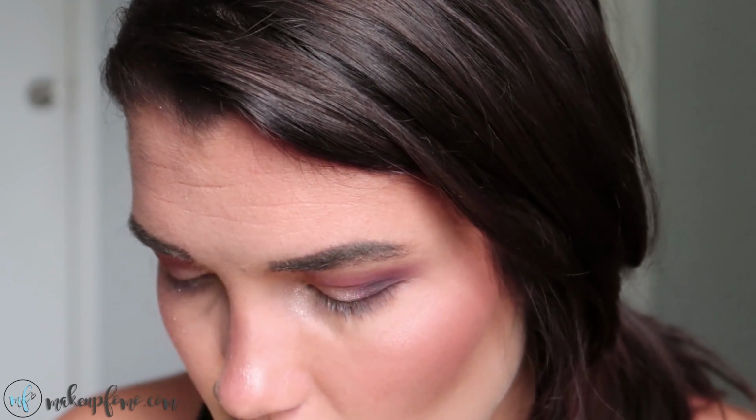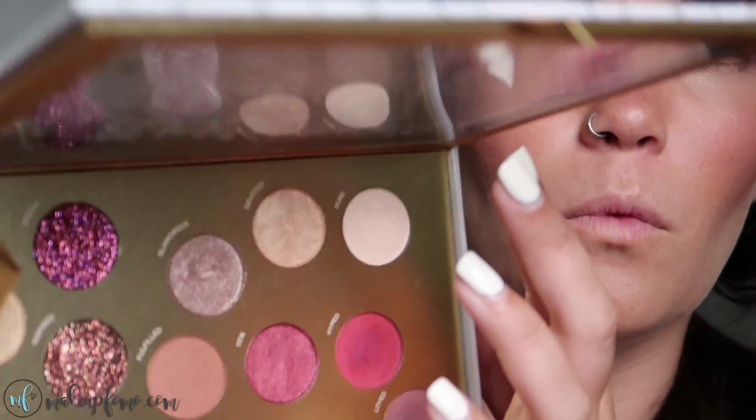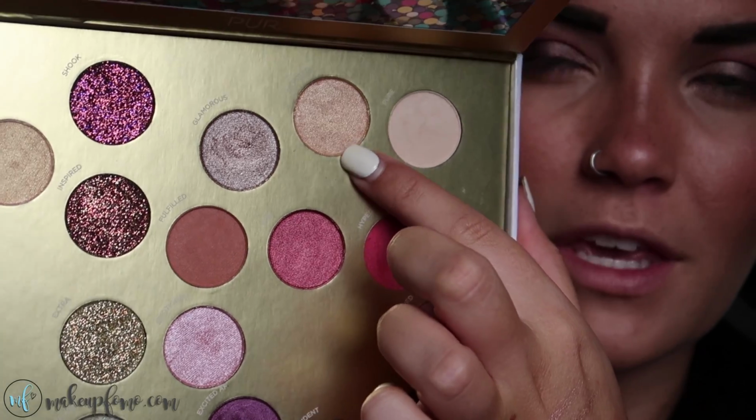We just need to highlight lastly. So I think I want to take this shade Devoted, which is right up here, and as you can tell, it's probably pretty